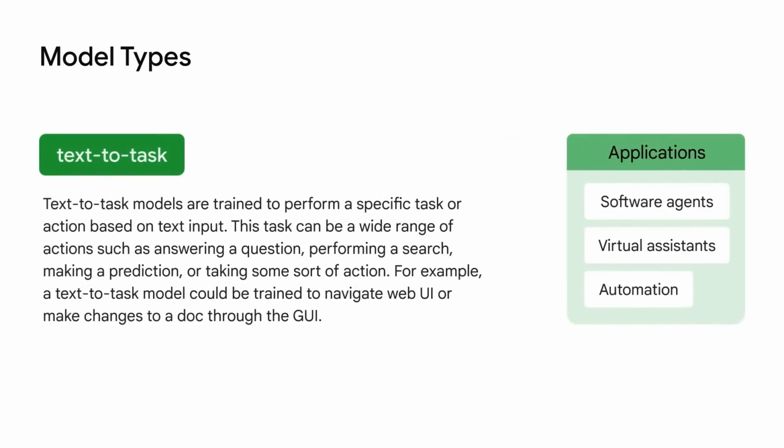Text-to-task. Text-to-task models are trained to perform a defined task or action based on text input. This task can be a wide range of actions, such as answering a question, performing a search, making a prediction, or taking some sort of action. For example, a text-to-task model could be trained to navigate a web UI or make changes to a doc through